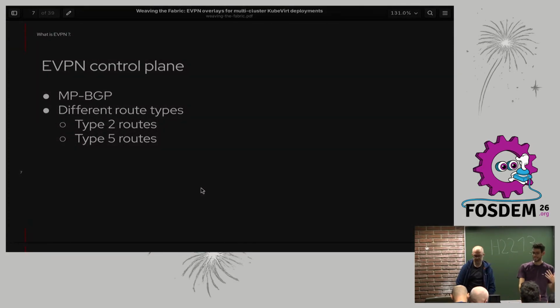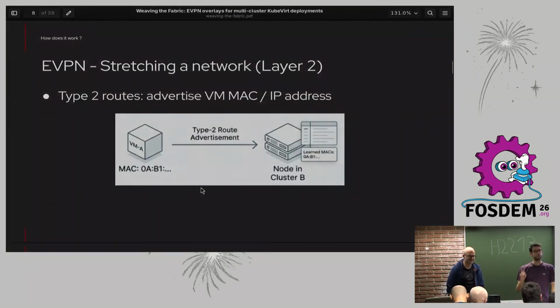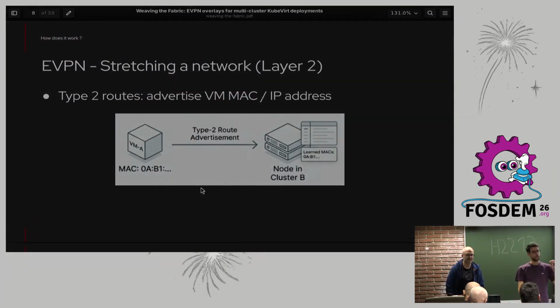So as I said before, this is using multi-protocol BGP, and essentially it provides two things on top of BGP: a type 2 route, we'll see what this is in a minute, and a type 5 route. We'll see what this is in probably 2 minutes. So, type 2 route. Whenever a VM connects to the network, we'll create a type 2 route, which